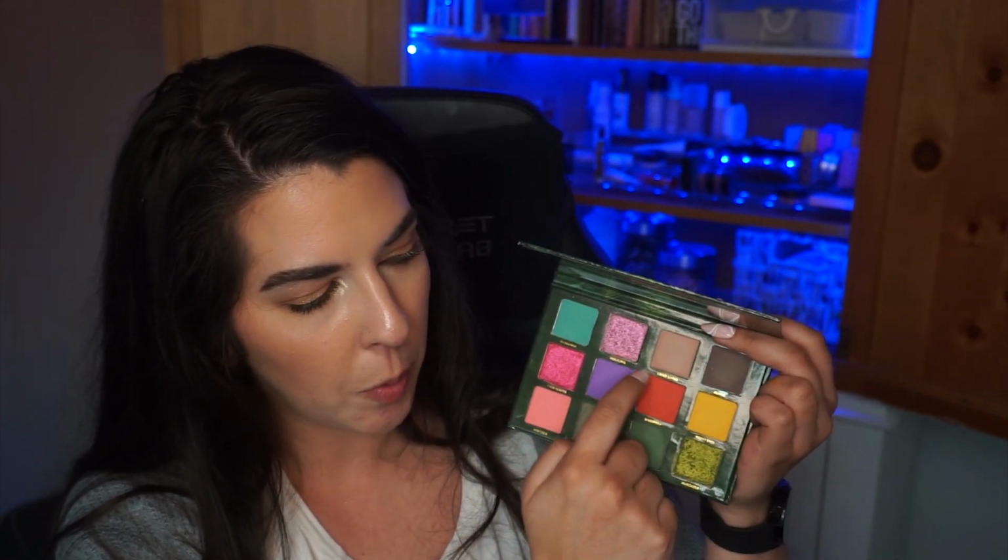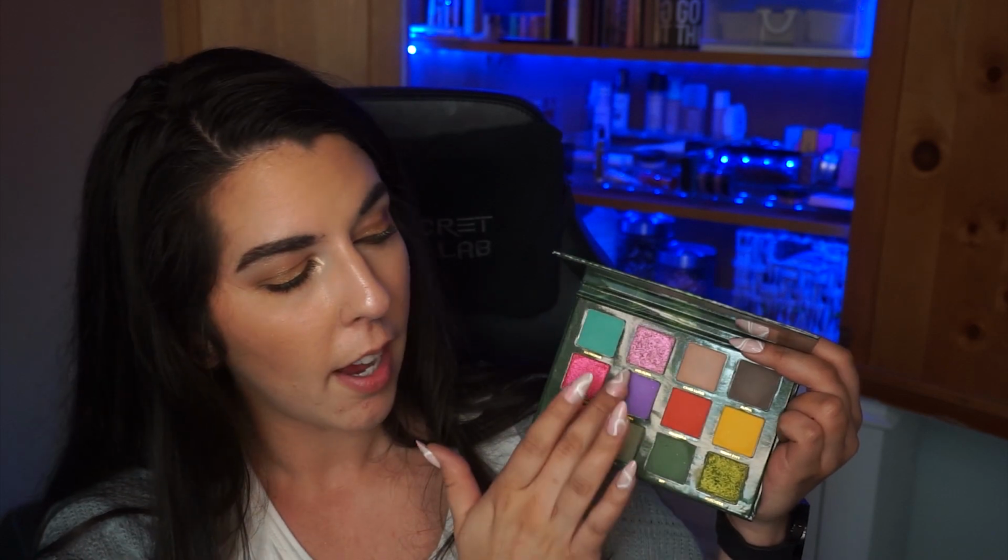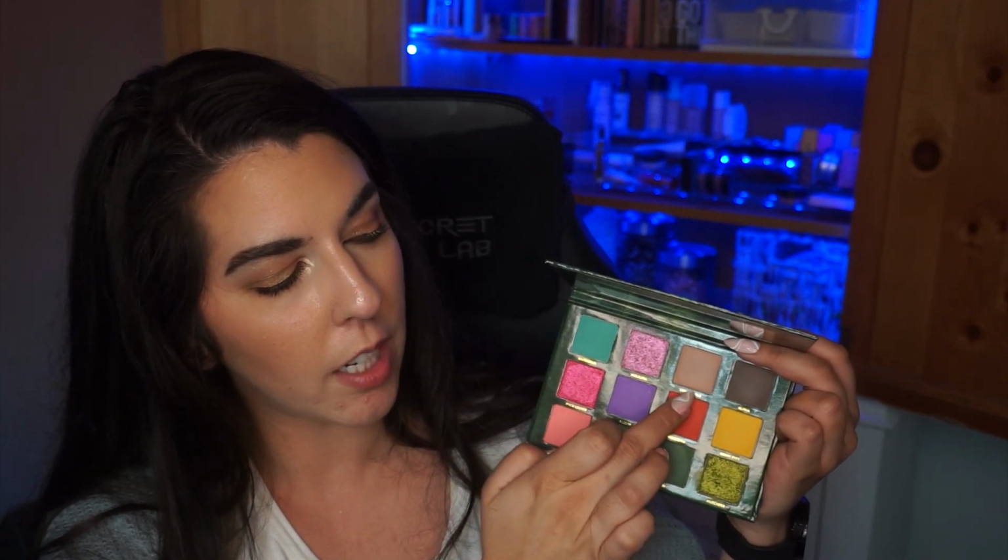And I truly am inspired. Every time I look at this palette, I'm like, oh my gosh, I could do so much with it. Like, you could do something super simple with these kinds of shades, doing a very simple look. As I'm looking at this shade here and this shade, they look very similar, but on my monitor, this shade here looks so purple,